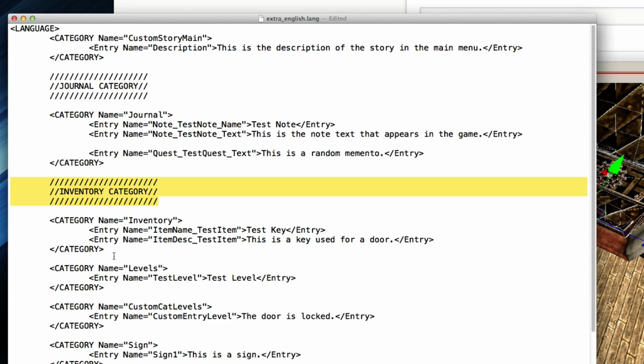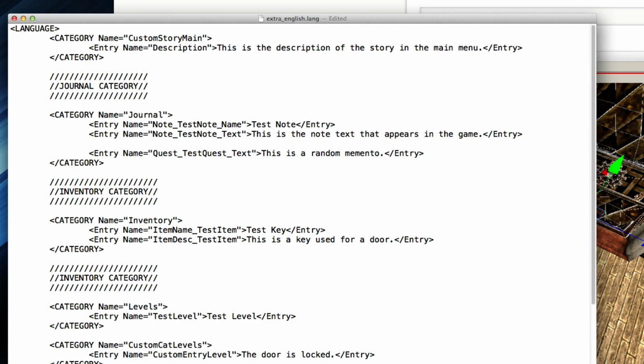We can copy that under here as well. And this is the levels category. Levels category. Let's remove a few slashes to match it up. And as you can see now, I think it's a lot easier to read.